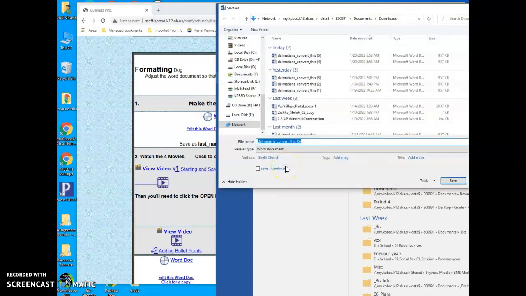Browse. Now, it immediately took me to the downloads. Don't want to save it there. I want to save it into my biz folder. So you can look and see if it's there. Or go to your documents,